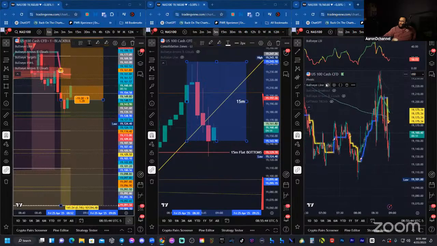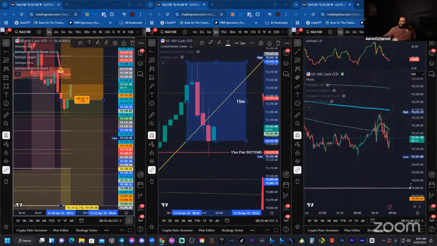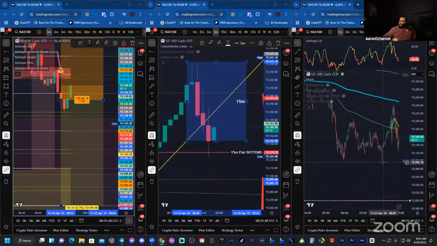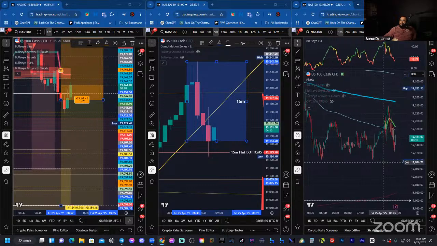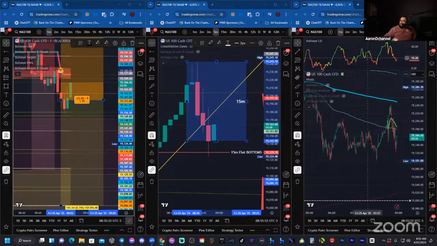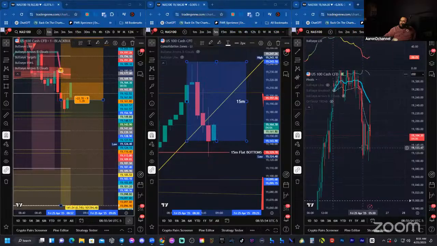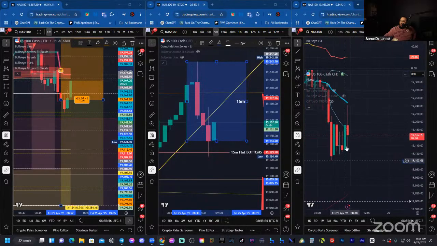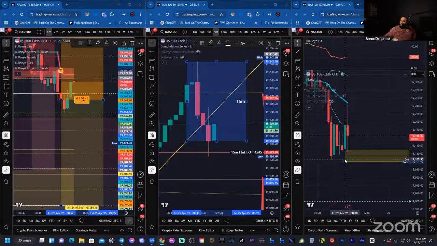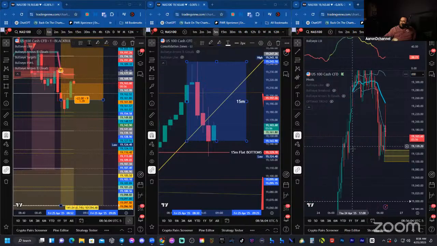Let's see here. I got probably too many things on there. There we go. All right, let's see if we want to break beneath, or does this thing want to rally? Like if you look on a 30-minute time frame, you're going to see that we tapped into a 30-minute wick fill, which is basically like, sometimes you get a bounce up off of that deal.